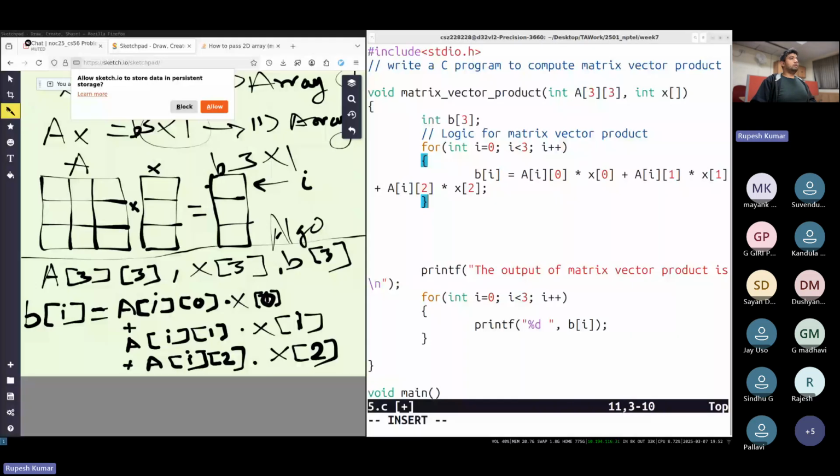Fine. So this is how you write the logic for matrix vector product.